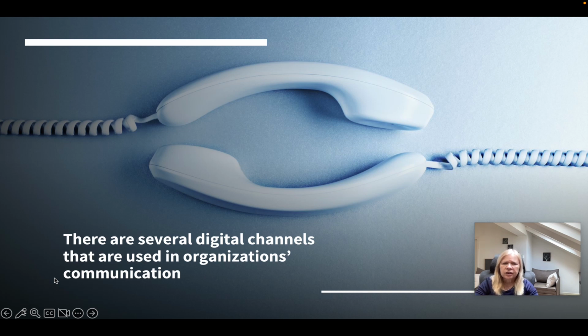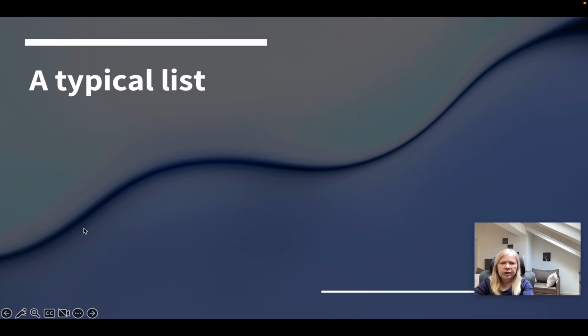So there are several digital channels that we all use in organizations' communication. Once we used to speak only face to face, then we had the phones, and then when the digital burst out and we started digitizing more and more things, we found that we have more and more ways to communicate one with another. A typical list of channels can include mails,